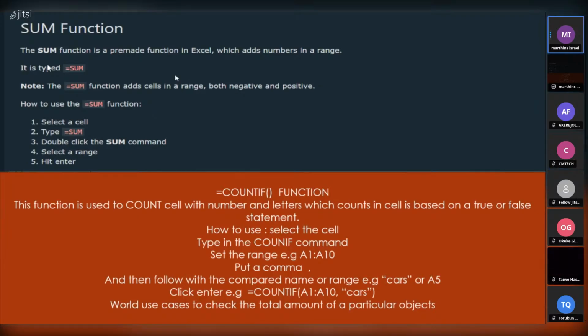So when we see the sum function, what is the sum function? A pre-made function in Excel which helps us add numbers in a range. It's the same thing as doing 2 plus 2, 3 plus 3, but what the sum function does is calculate the total number. Instead of you doing 2 plus 3, if they tell you to calculate the total of those numbers, no need to do all those pluses, it will be very stressful. There's an Excel function called Sum. It already enables us to just do that calculation for us. All we need to do is make